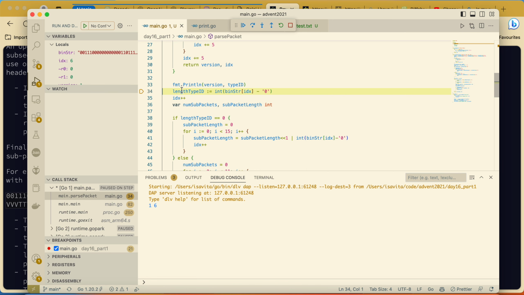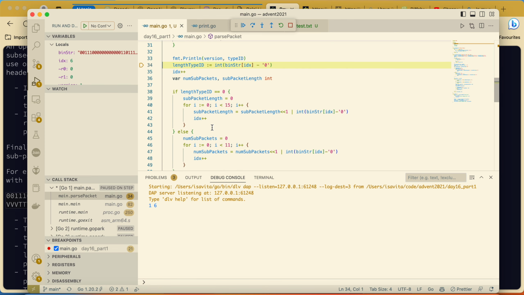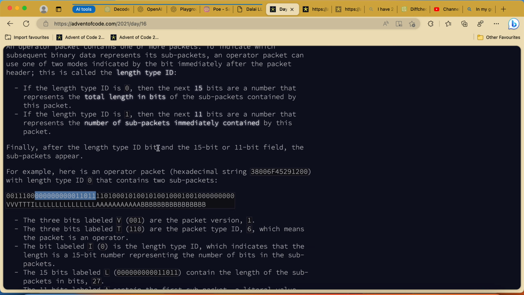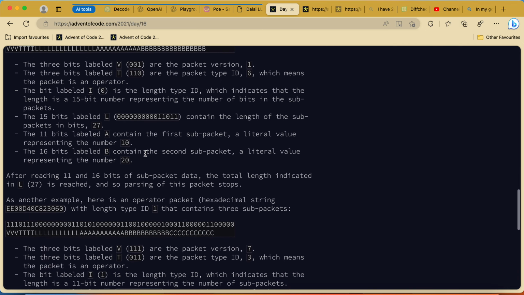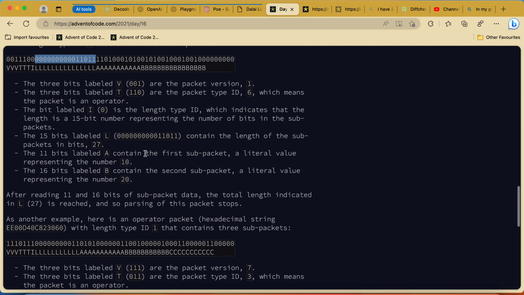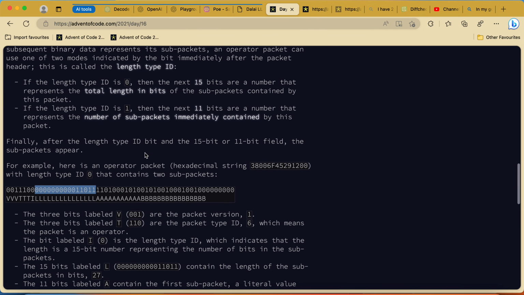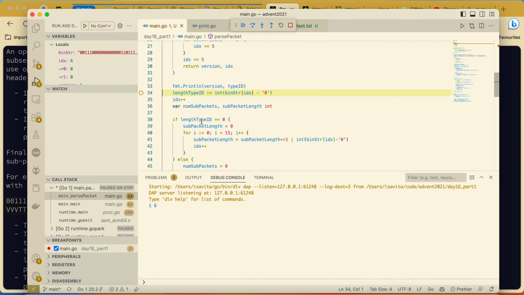If that's 0, that will mean that our length found from here is 15 bits. If it's not, it's 11.